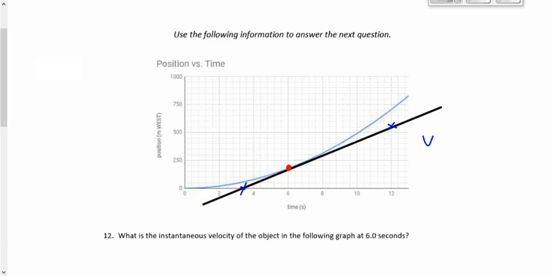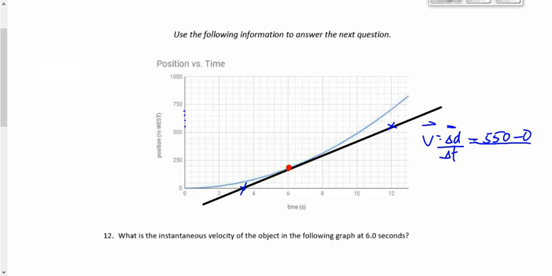Now we're going to say the velocity here is displacement divided by the time, or what else could we say instead of v equals delta d over delta t? The slope is the same thing, right? If you go delta y over delta x, a rise over run, that's exactly the same thing as saying delta d over delta t. So however you want to think of it works here. My displacement, or my delta y, is final minus initial. It looks like, what is this? This would be 500. These are going up by 50s, right? 550, 600, 650, 700. This looks like 550 minus 0 for my